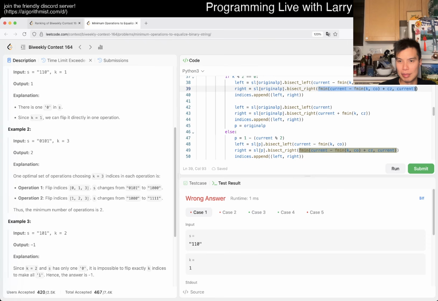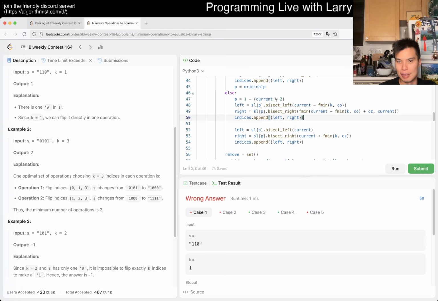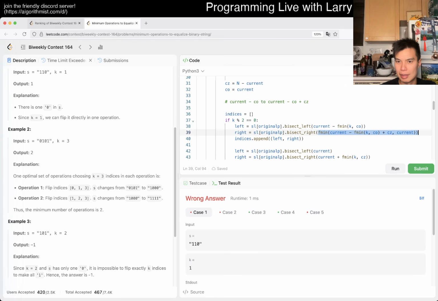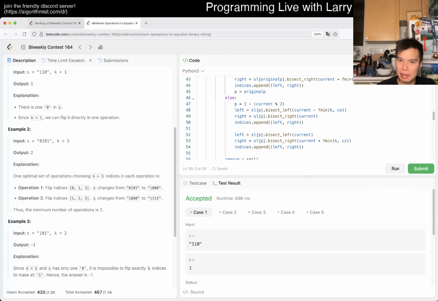Oh, I still need to... no. What? No. Why is that one? I mean, this is just loops, right? Oh, no, okay. Maybe I just missed copy and paste somewhere. Okay, so this is right, but